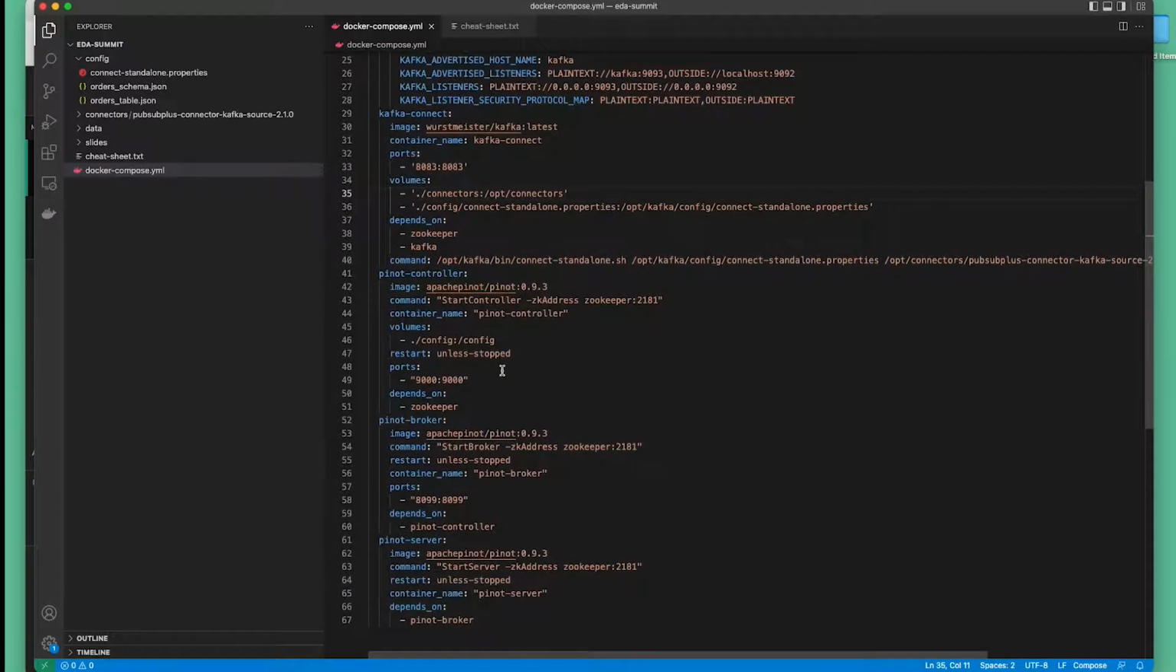And then we have Pinot broker, which takes care of query execution. So it can receive SQL queries from consumers like data-driven applications, dashboards, and other users. And then once received, these queries are scattered among multiple Pinot servers. Once servers finish query execution, the broker gathers their responses back, compiles them into one single output, and responds